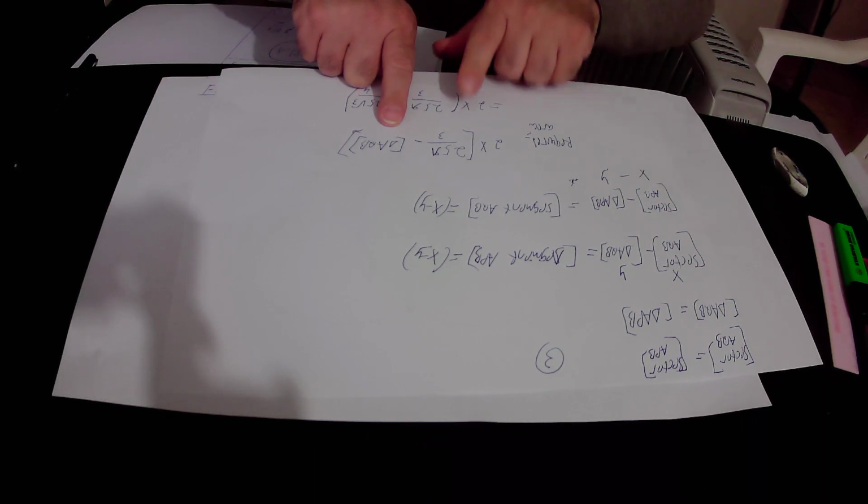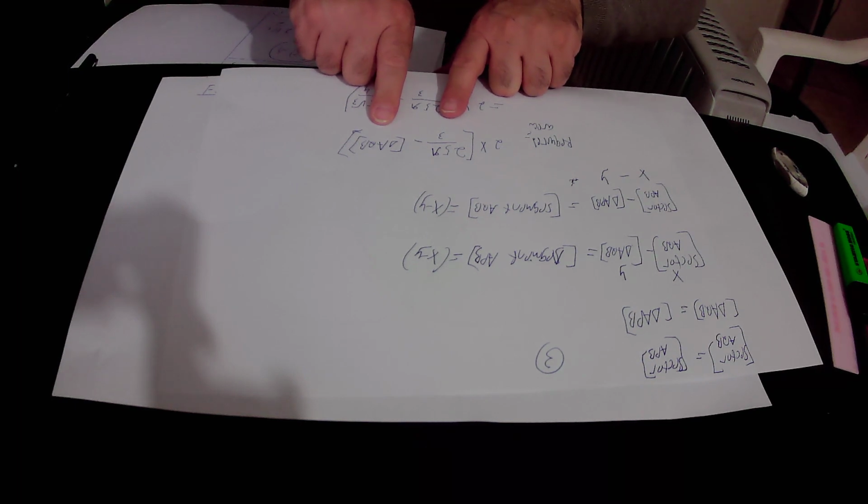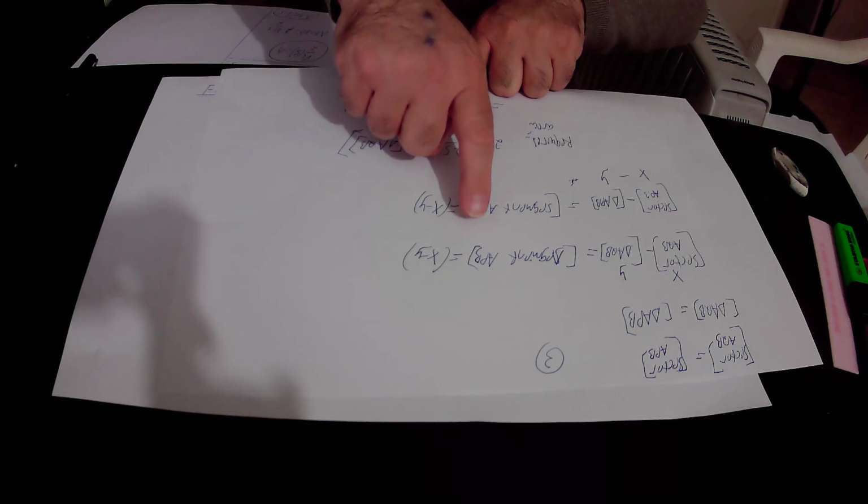Okay, so the area of sector AQB minus the area of triangle AQB will give us the area of segment APB,